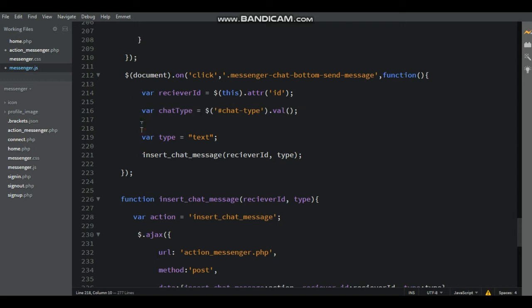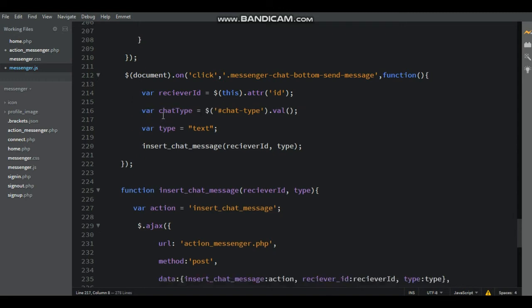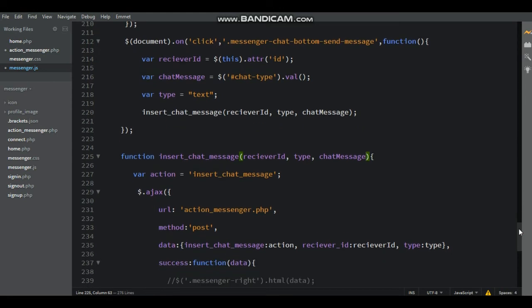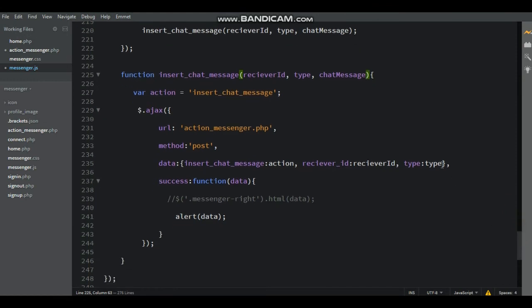Here change the variable name to chat messages instead of chat type. Here just copy and then paste inside the insert chat messages receiver ID comma type comma chat messages, and also sending the data to the server, that is chat messages after the type, that is AJAX request.